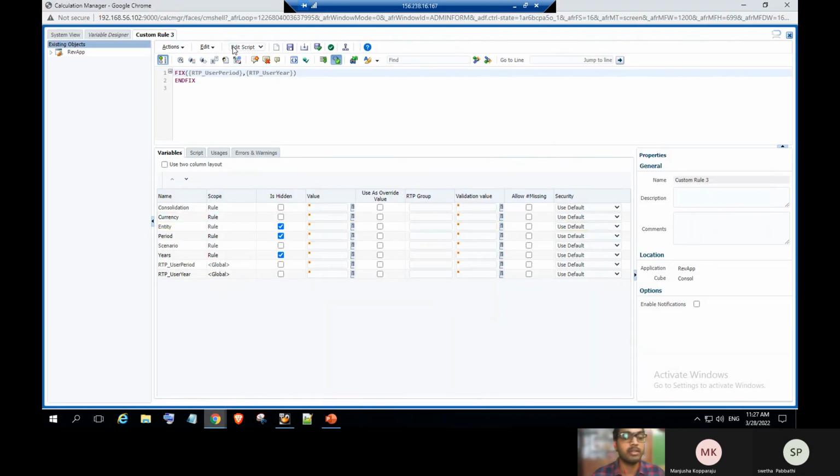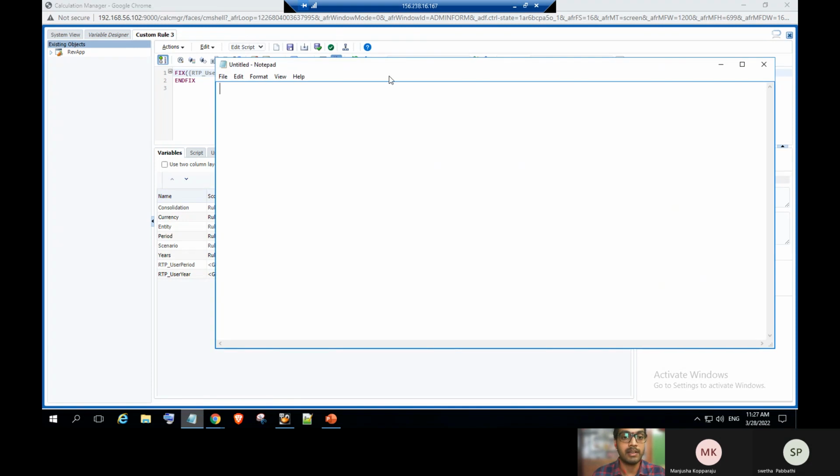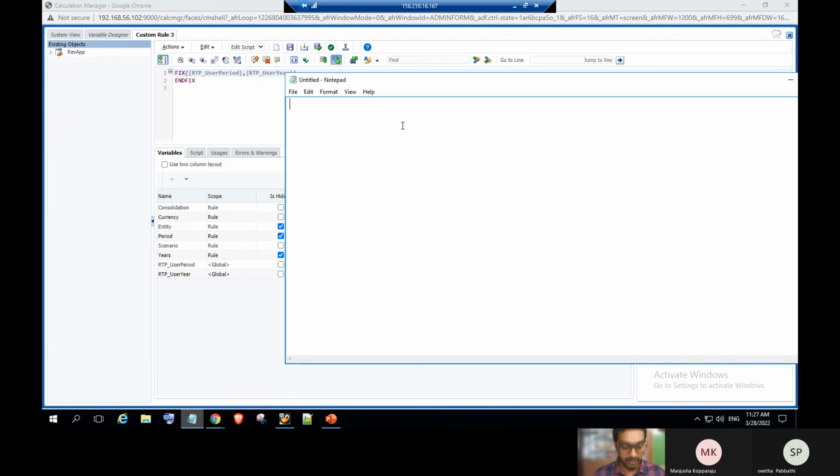Let's navigate to the calculation manager here. When we select the custom rule, this is the coding part, we will do it here. There are 3 ways we can do it. I can show it clearly here in Notepad. First of all, it opens with a FIX command in caps and closes with an ENDFIX, and in the parenthesis